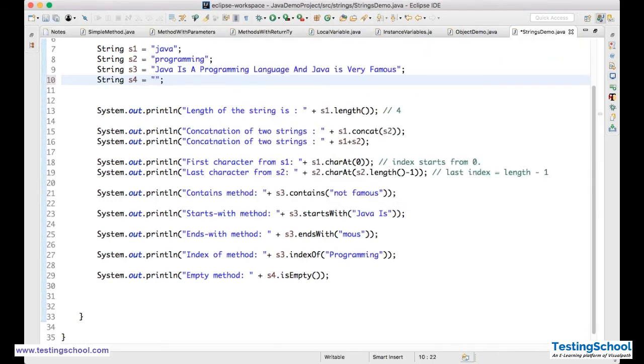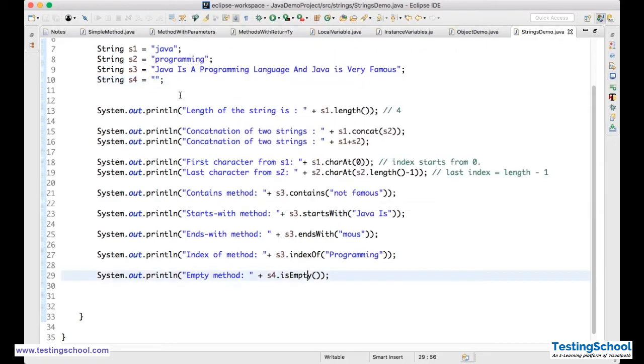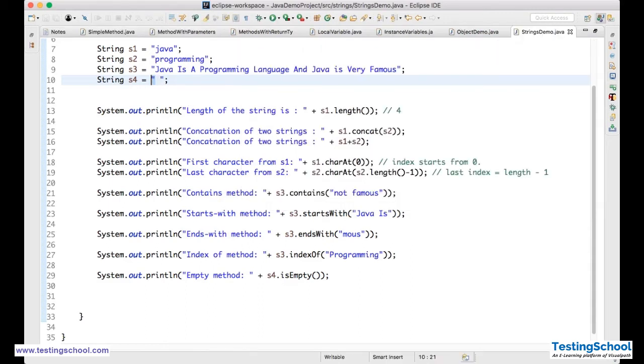But when I remove this one also, it is giving me true. It is empty, right? So when I give a space, one space, now what will it give? We'll run and see. False. It is not empty. Even a space is considered as a character.